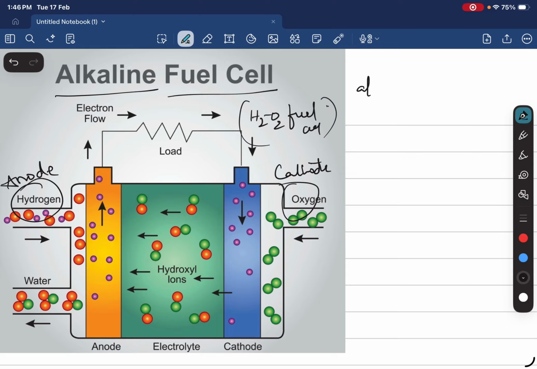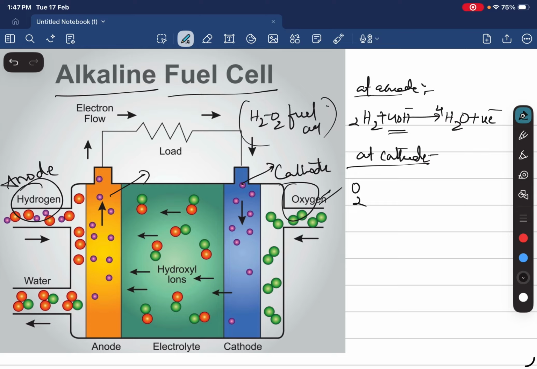So at the anode, what reaction? These are graphite electrodes. At the anode, H2 is converted into H2O. So here we can balance the equation with 2H2 plus 4OH minus, which are from the electrolyte, and converting into 4H2O plus 4 electrons. And at the cathode,